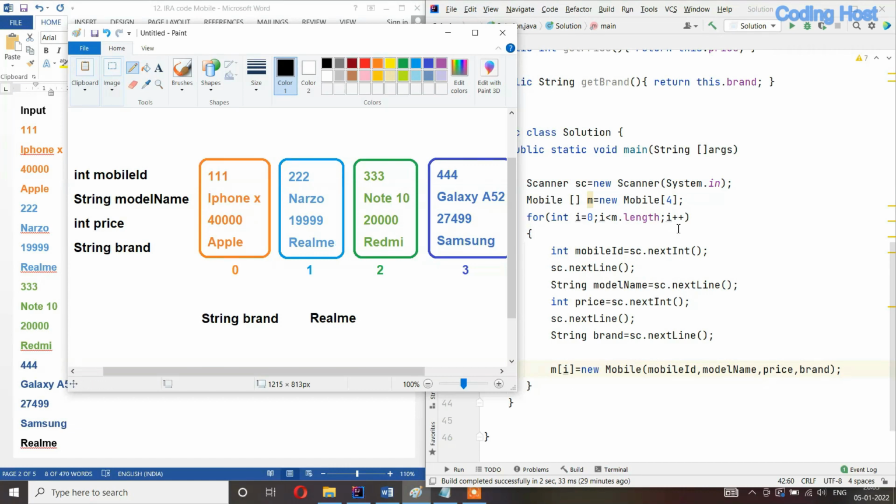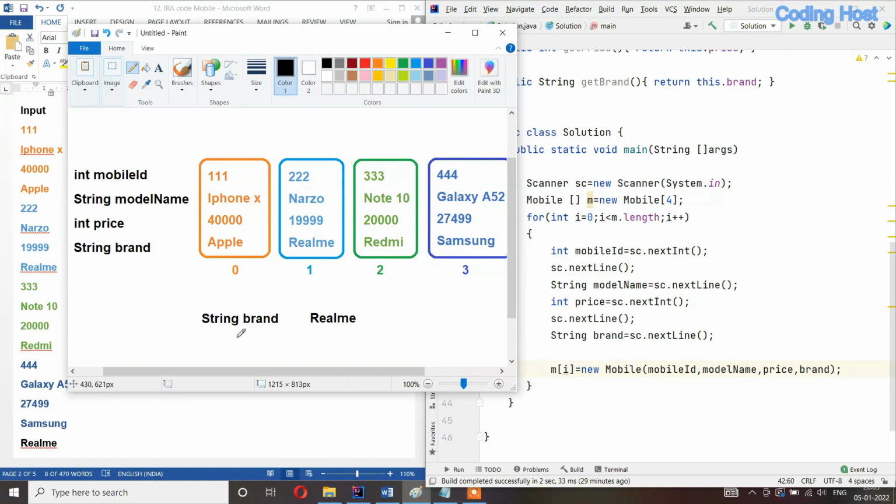After that i plus plus, so now the index will become 1. At index 1 it will take the next 4 values, then again it will make a new object, enter the values in it, and store this second object at index 1, and the same will happen for the remaining objects.